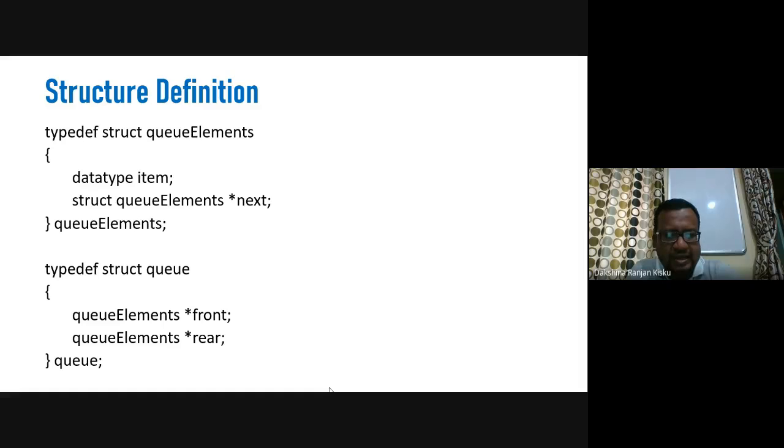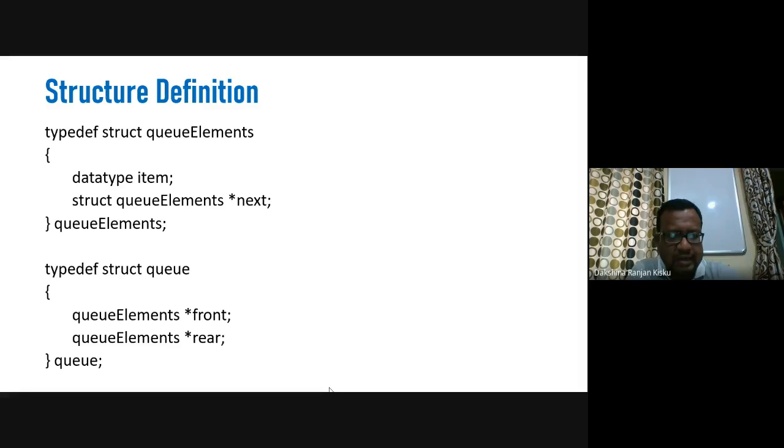Another member is the next pointer, which will be of type queue elements. Queue elements is the name of the structure, and the next pointer is of type queue elements. So this is a self-referential structure.